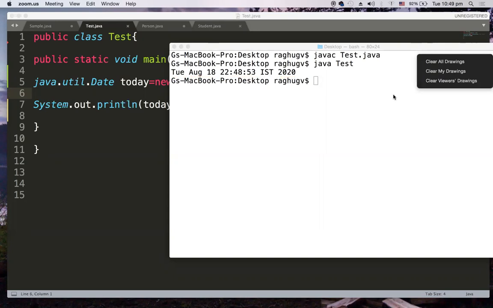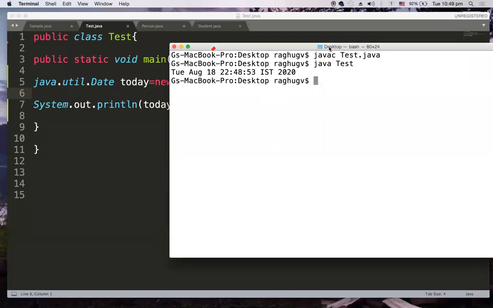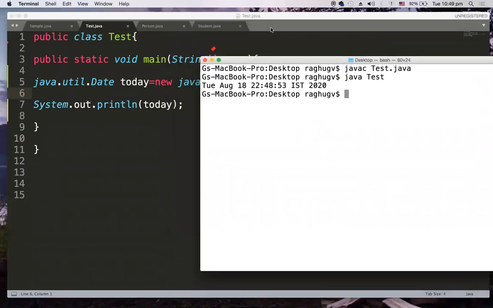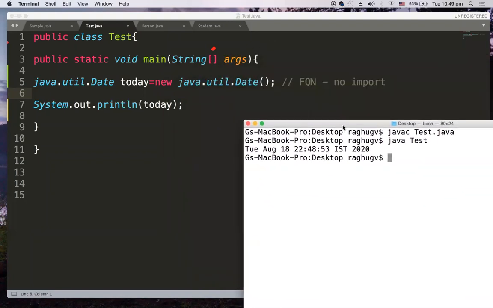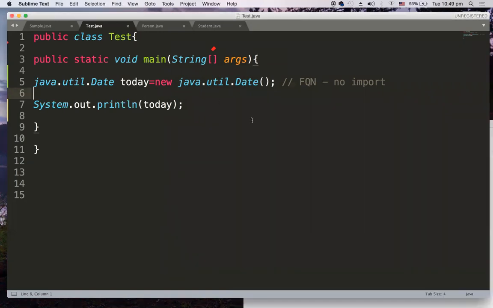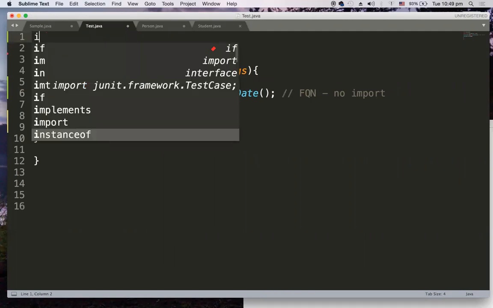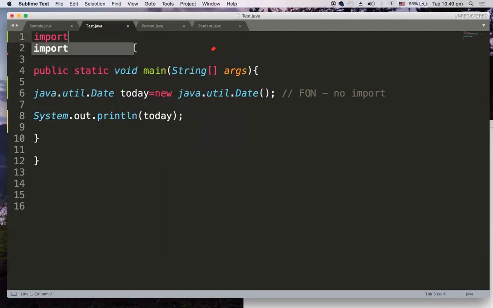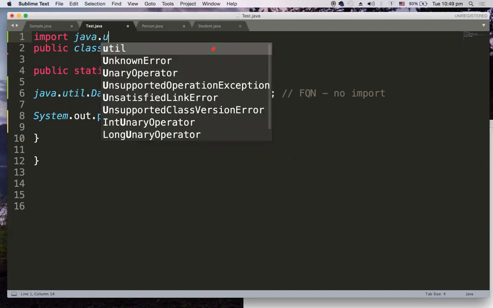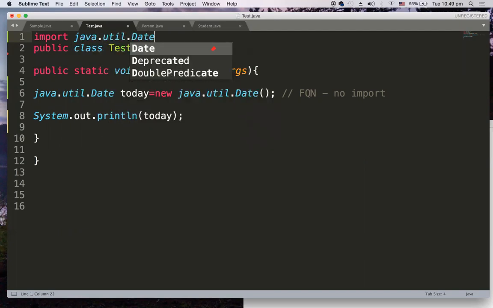So this is how you will print a date. There are many things to understand here. First, I have used a fully qualified name. If I'm not using the fully qualified name, I have to import this package: import java.util.Date.